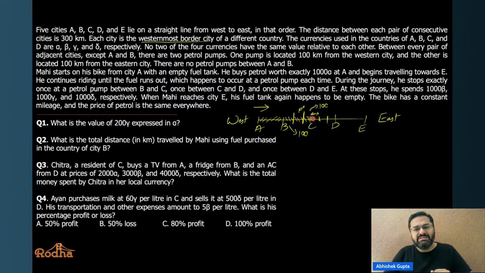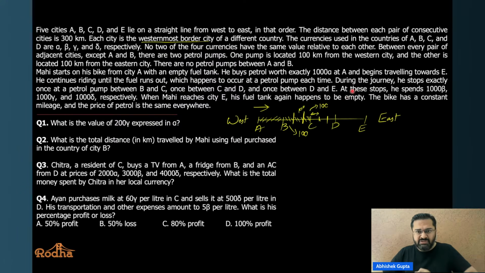It happens once here, so means it would either happen here or here. Once here, मतलब either here or here, and once here. So one of the two petrol pumps here. Again, something that we can understand. Now, most of these things are such that you don't need to remember them. Once you read them carefully, they'll stick, right?